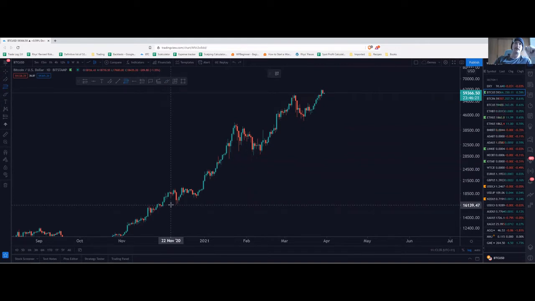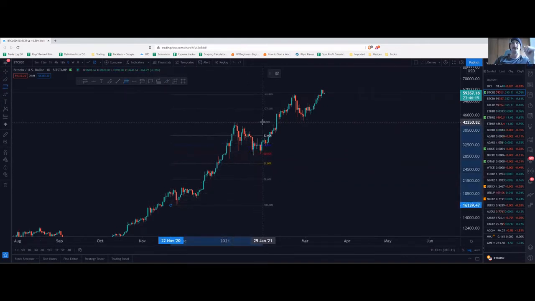Now I use the wicks. Some people just use the closes. I've found the wicks work for me. So you would draw from the start of the push, this bottom down here, to the top of the push, so I'm lining it up with this wick here. You'll see that I'm moving across when I'm clicking on it over here. It's just so that the fibs aren't